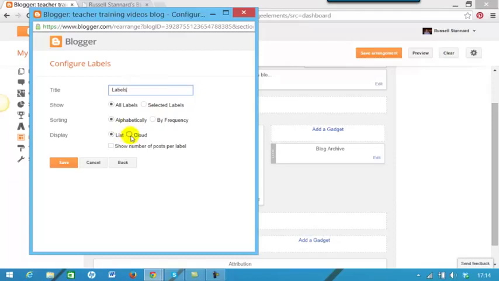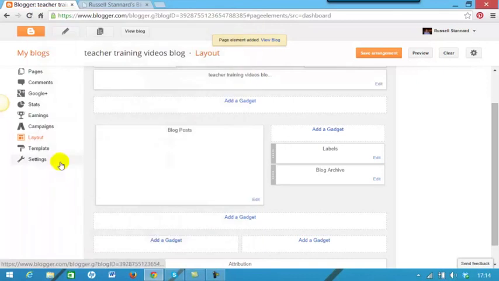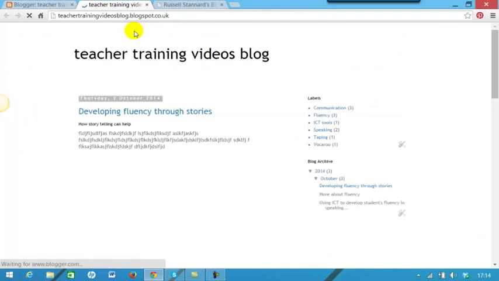We can do a cloud as well, so that also will mean that the more frequent the use of a particular meta tag, the larger it will be displayed. And we can even show a number of times that each tag has been used, and I'm going to choose that just to display it. So I'm going to click on save. So we've added this new label, and we're going to click on save arrangement just to make sure that that has been saved. And I'm now going to click on view blog,